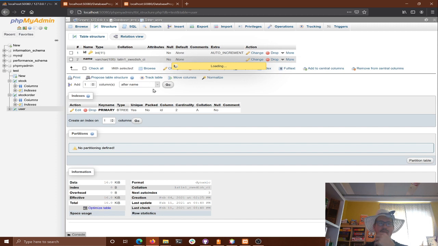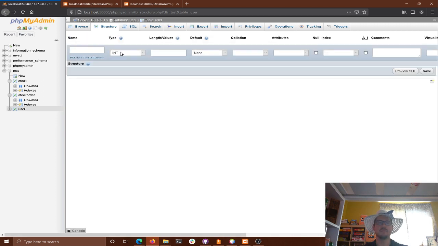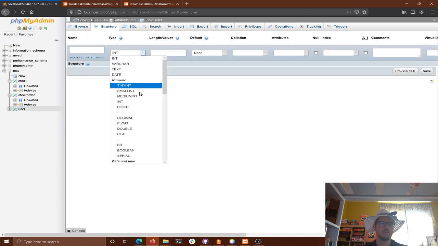This phpMyAdmin is amazing, to not have to do this junk by hand. It's so cool. So we're going to do this with numeric. Probably a decimal number is easiest, but you've got all sorts of different options here, floating points. Because we don't want int.